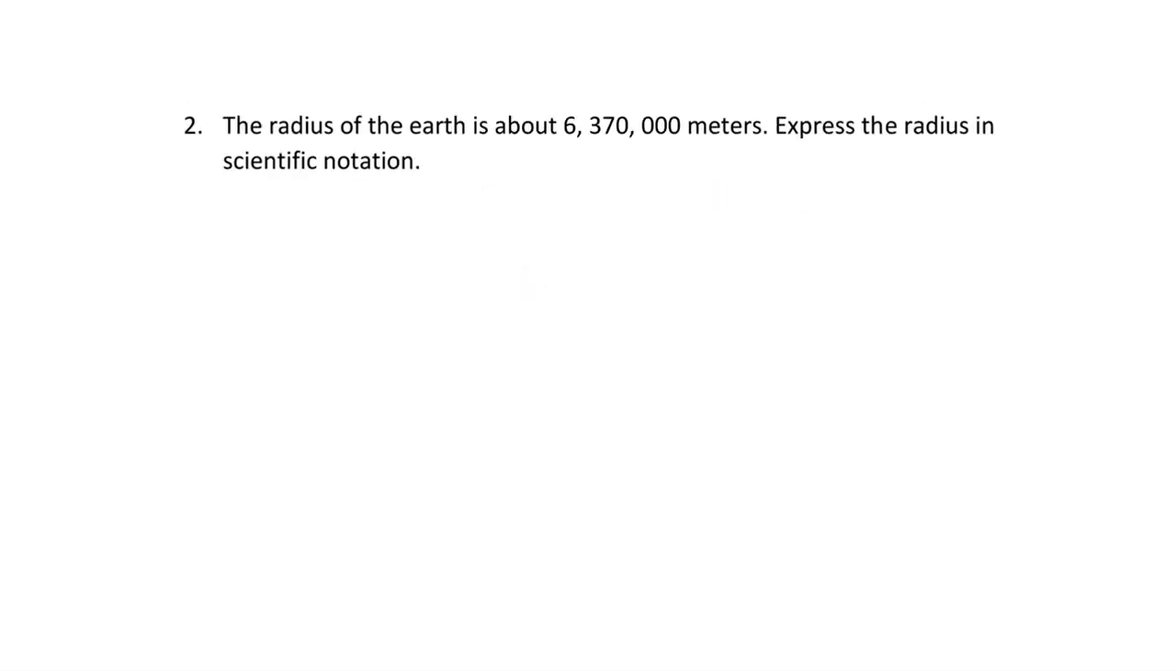Question number 2. The radius of the Earth is about 6,370,000 meters. Express the radius in scientific notation. Okay, so for this one, we have to remember that the scientific notation is in the form of A times 10 power n, where A should be greater than or equal to 1 and it should be less than 10. Okay, so from the given figure, A should be